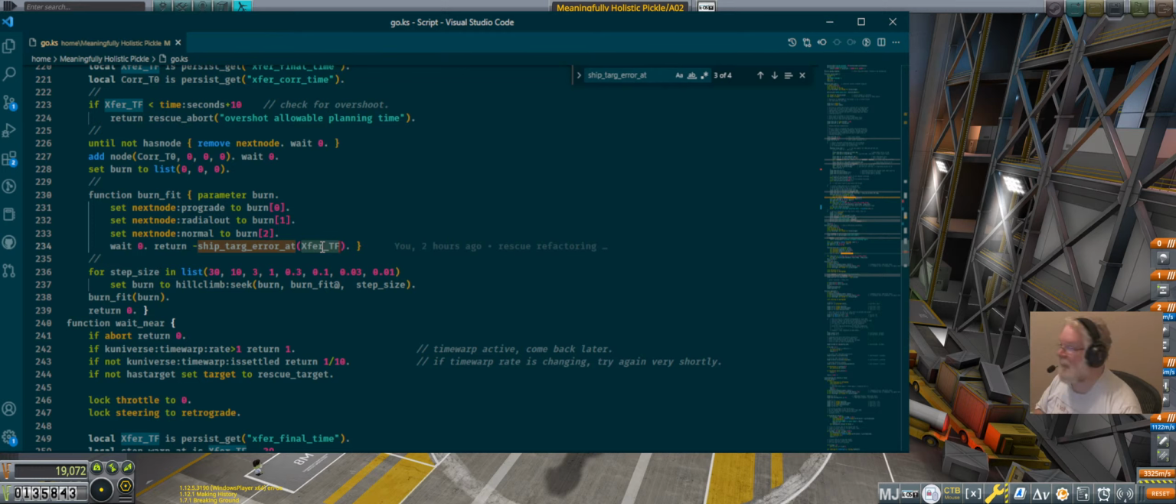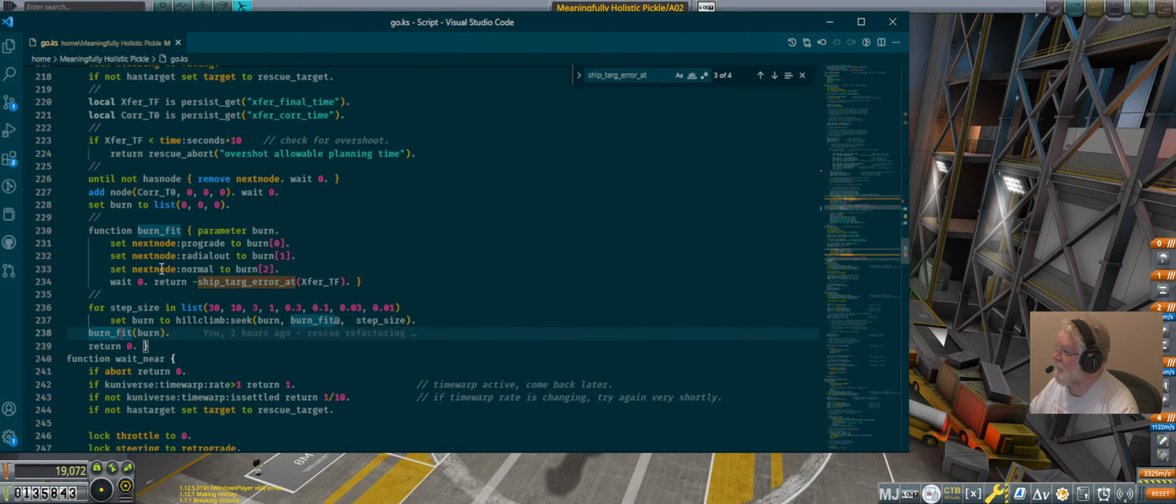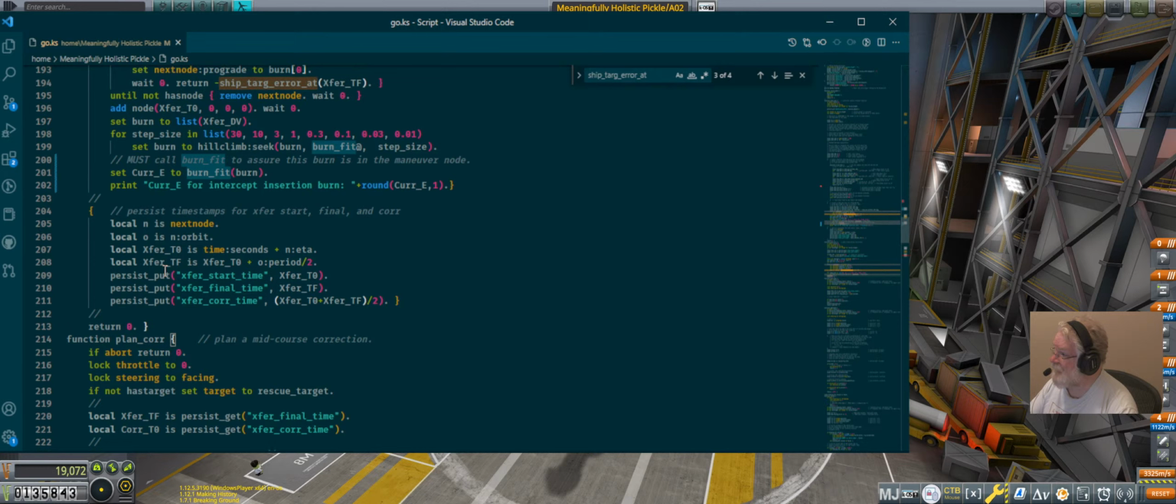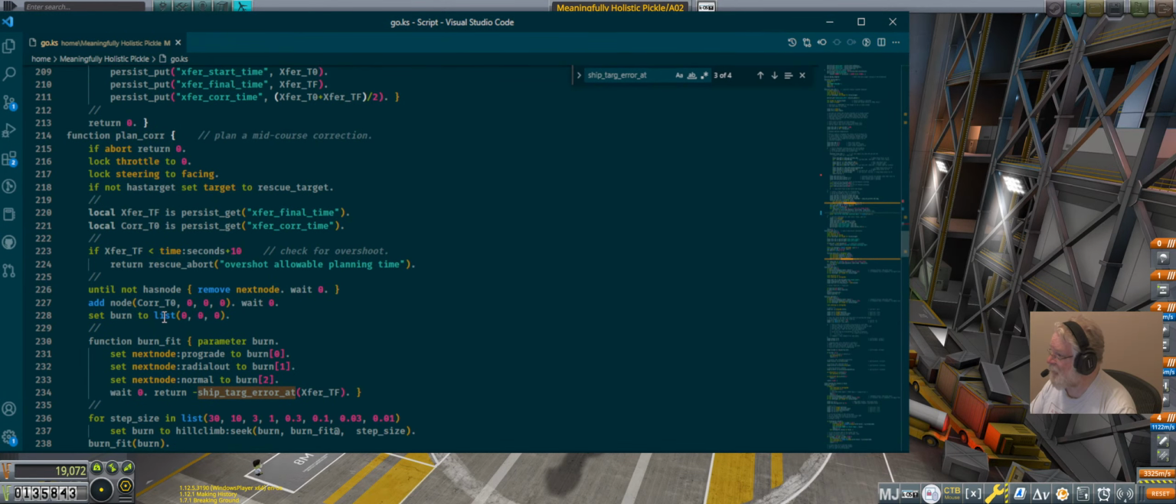And again, once we've got this, guess what we do? Hill climb seek, our burn vector, which is going to get tweaked by hill climb. We've got our fitness function, which we just defined, which is tweak the maneuver node and ask how far we are, and our step size, which we're going to run from large to small. At the end of it, there's our burn fit. And notice that this is the same thing I did up here, with the exception being that I knew I had to call burn fit,